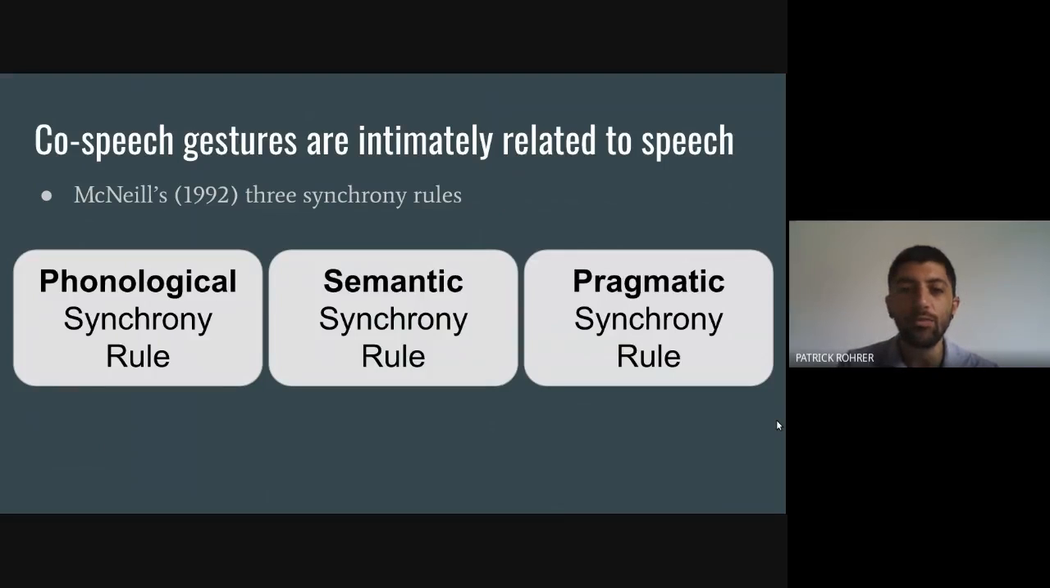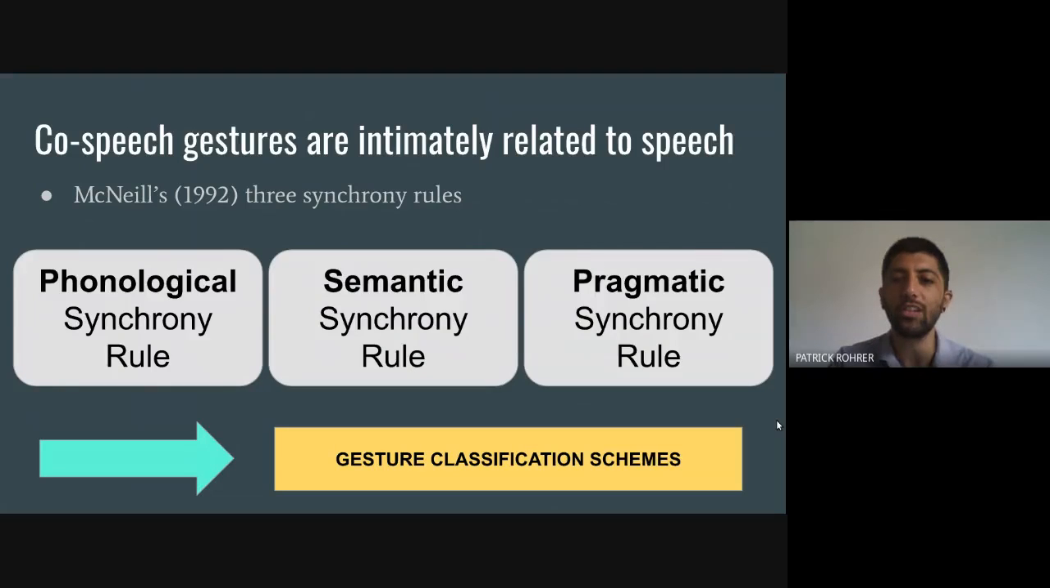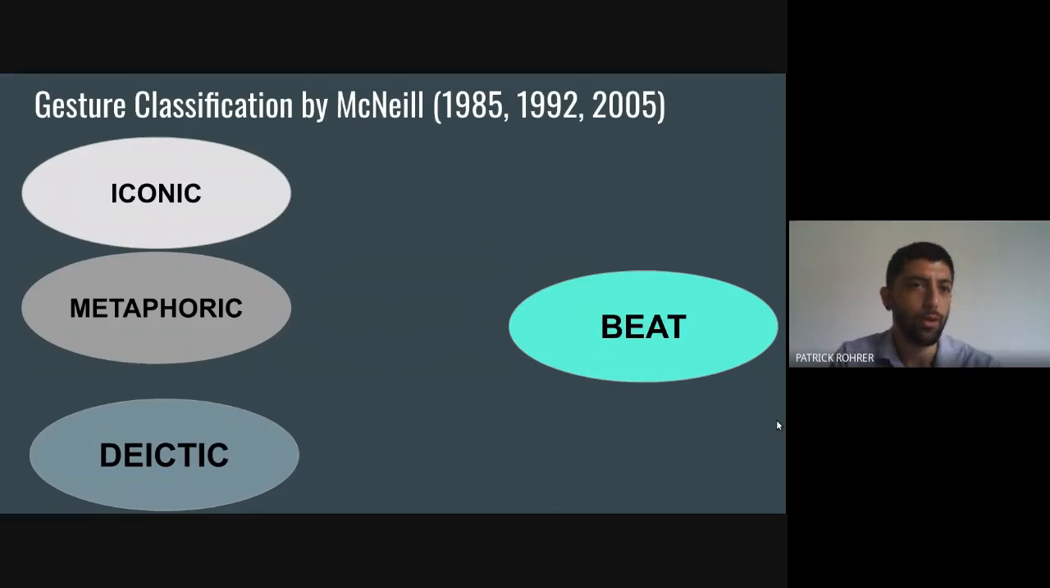So we have these three synchrony rules, but whenever we think about them and then we think about gesture classification schemes, there seems to be a bit of a disconnect, because these gesture classification schemes tend to present different categories that we should put these gestures into, but they don't quite match up with the way we conceive these synchrony rules. So for example, if we look at one in particular, the probably most common gesture classification scheme by McNeill,